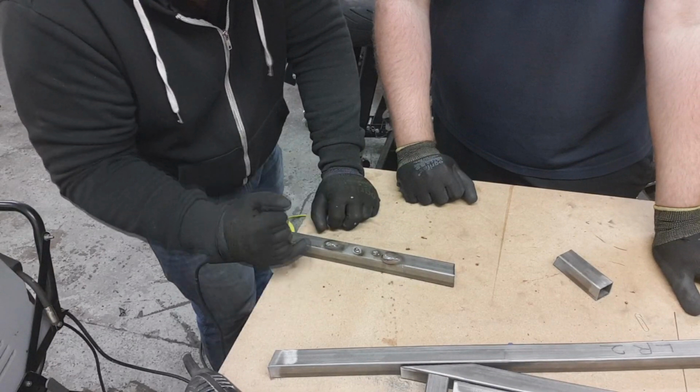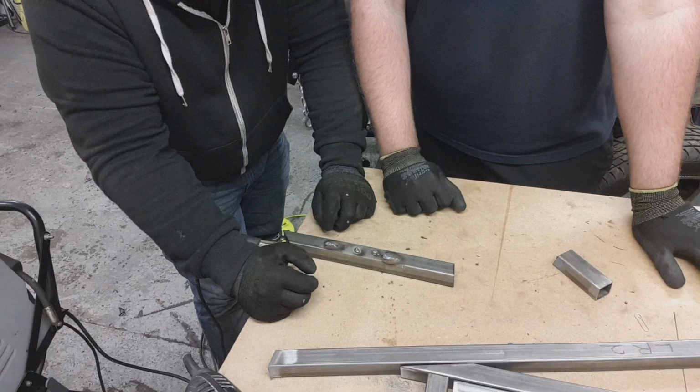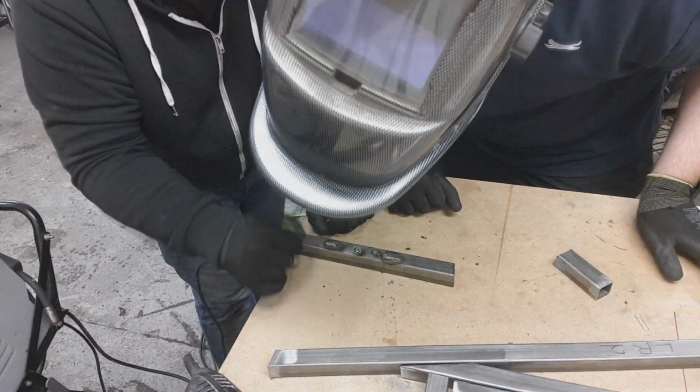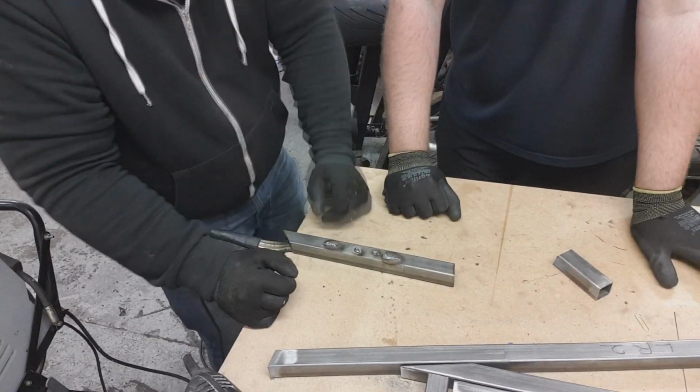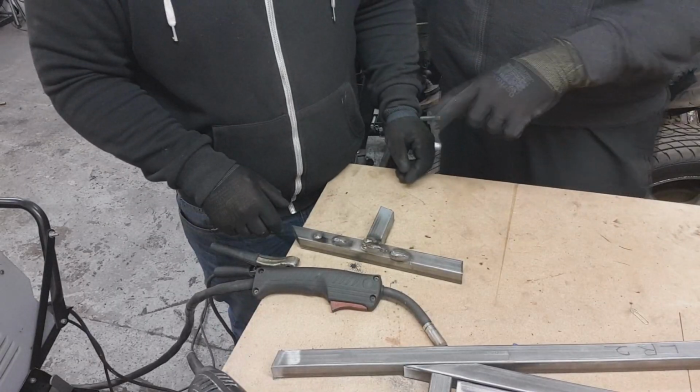Burned a lot because I think you've moved it too quick, and you can also see that I moved it way too far as well. You have moved it too far and you moved it too fast, and you can see that by the indentations and the gaps through the weld pool you've left. Nice. It started okay, but to the end it just went...